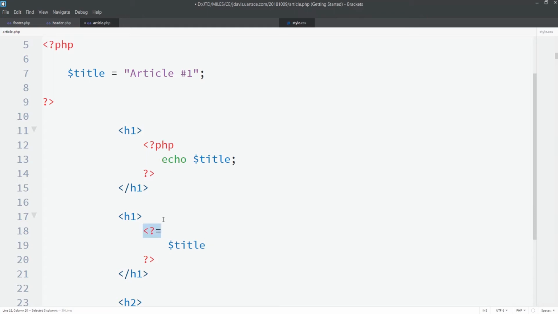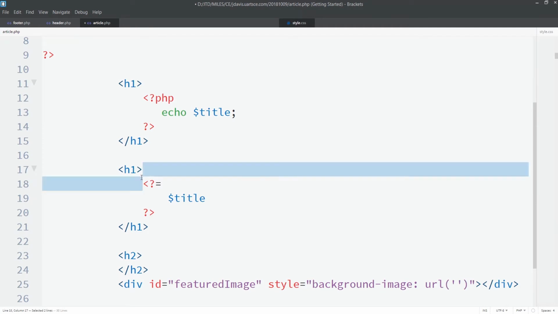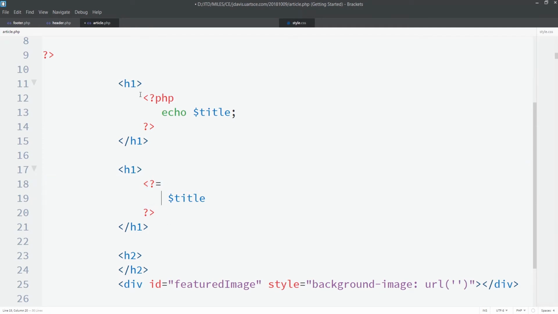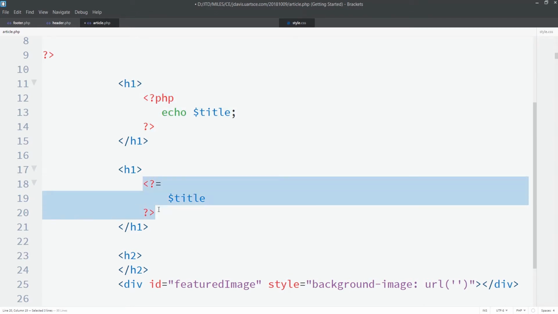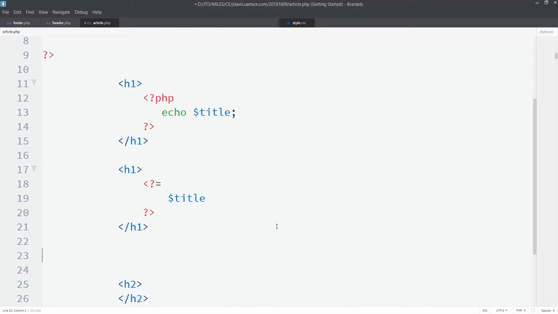So you'll see that we only do this if we're replacing echo. We don't do it like up here when we're doing an include or other kinds of PHP code. This is not something we use for just any PHP code, just as a way of saving a couple characters. We only do it if we're actually echoing what goes on inside this PHP block. So this works, but this also works, and it's just a little bit shorter. And the reason why some people like the shorter one is if we were to do this all in one line,